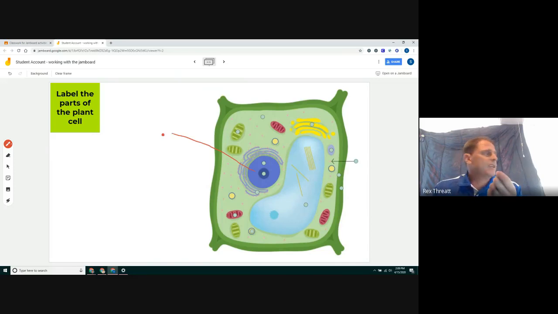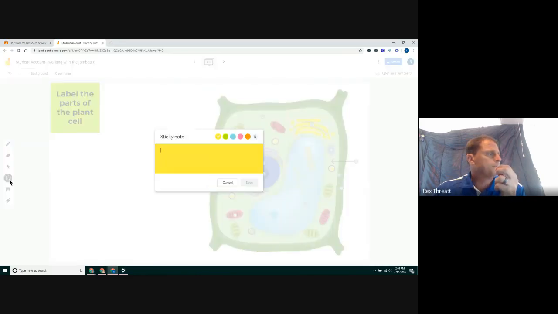The sticky note tool is the 4th icon on the left in that little toolbar. You have different choices of colored background for that sticky note. So you just pick your color, type what you want on that sticky note,